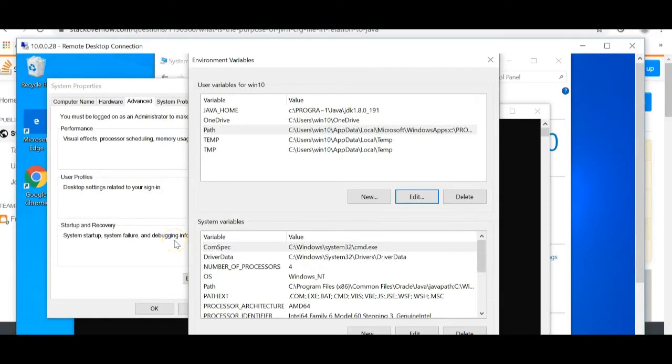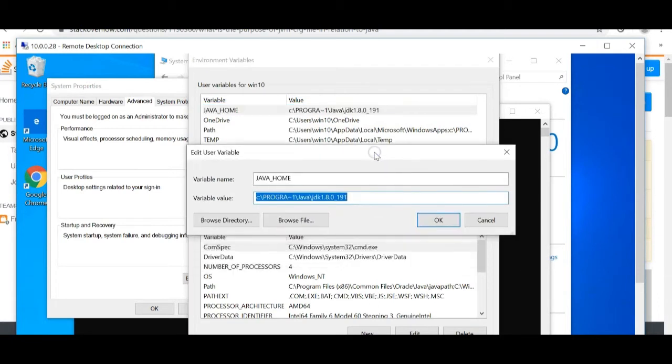After you have downloaded and installed JDK 1.8.0_191, you are supposed to set up the Java home and the path. To do that, you go to Control Panel, System, Advanced, Environment Variables, and then on this screen you set up JAVA_HOME. In my case, I installed into the default directory, which is C:\Program Files. For the Java home, you need to make sure you do not use Program Files as part of the folder name. You use C:\progra~1\Java\jdk